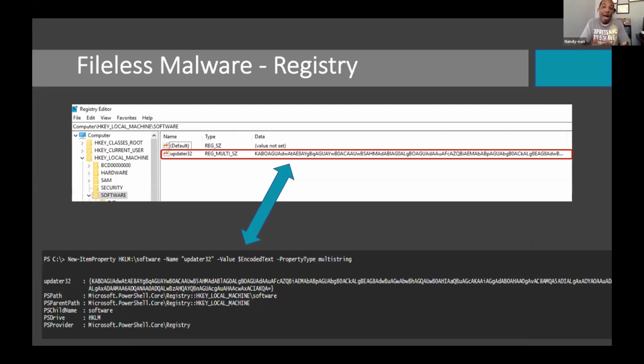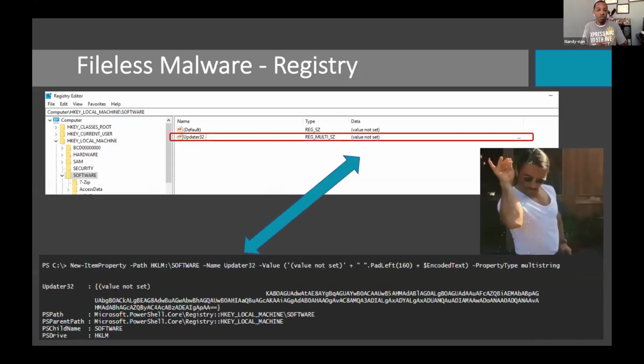So in order for us to hide this a little bit more, right, we notice right above my base 64 code, there's a value not set. What we can do is, as we implement or really store this data, we could pad it with a subset of characters. And what I'm doing is putting value not set in the data field, and then I'm padding it with 160 null characters, and then I'm putting my base 64 there. So from the aspect of an admin who just happens to see this, they may not think twice about it. Oh, it's a key. A value, and there's no value set. All right, I'll keep going.